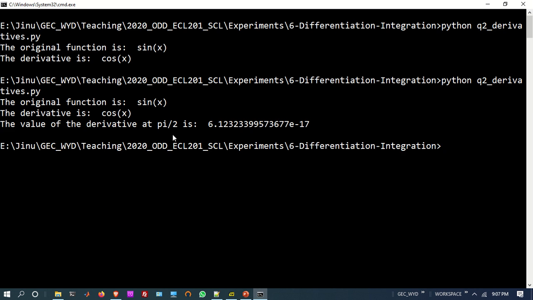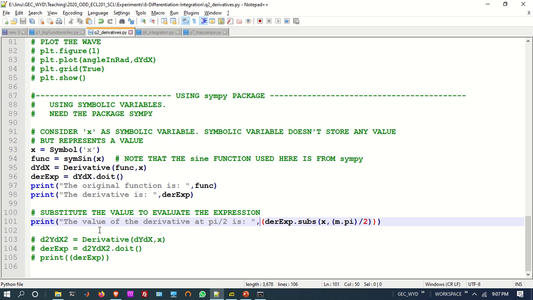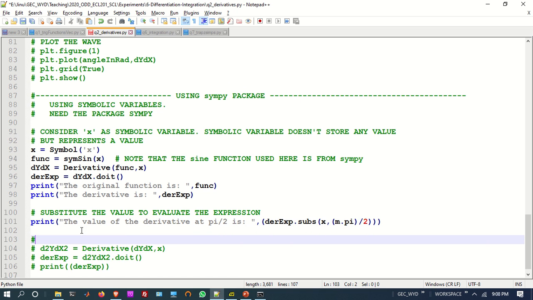you see the value at pi by 2 is a very small value, 10 raised to minus 17. As I told earlier, Python has some approximation error. This is actually a very small value, which is approximately equal to 0. So cos pi by 2 is 0. So this way also you can do the differentiation. And if you want to do the second order derivative, or second order differentiation,